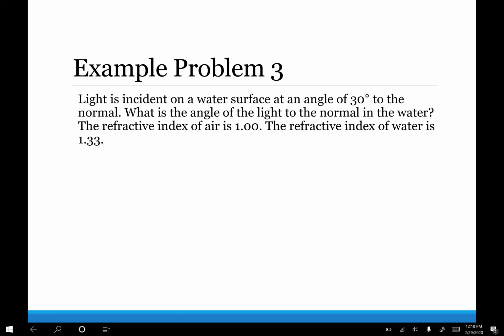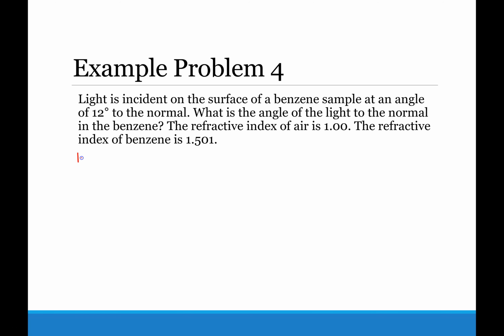Example problem 3 reads, light is incident on a water surface at an angle of 30 degrees to the normal. What is the angle of the light to the normal in the water? The refractive index of air is 1.0 and the refractive index of water is 1.33. This is a Snell's law problem, and the equation for Snell's law is